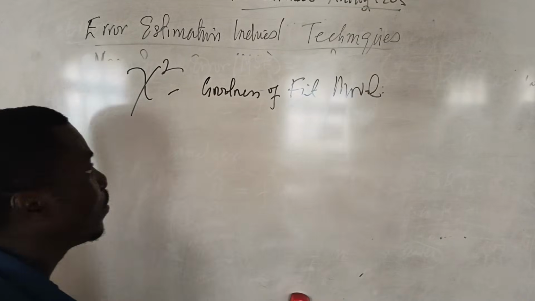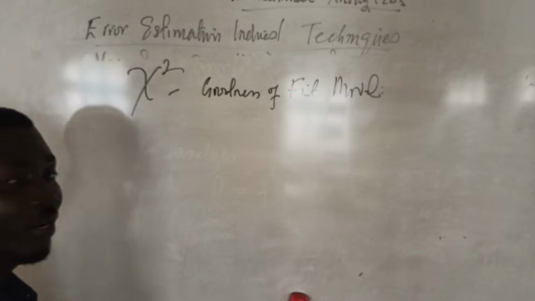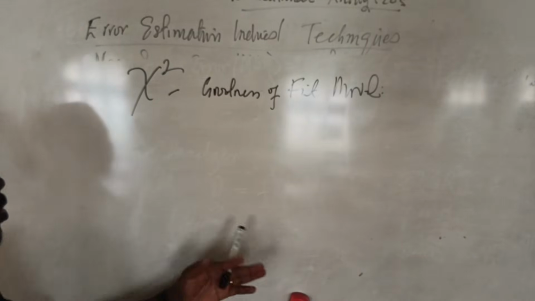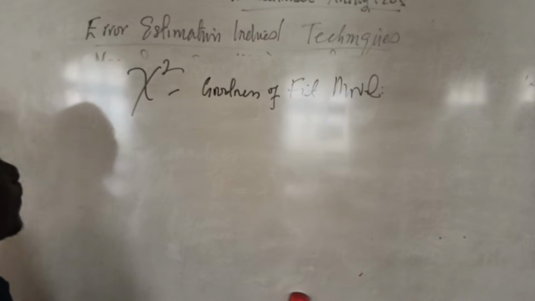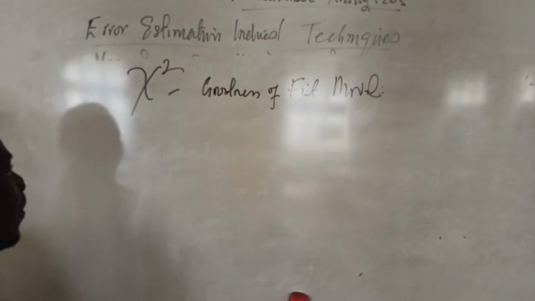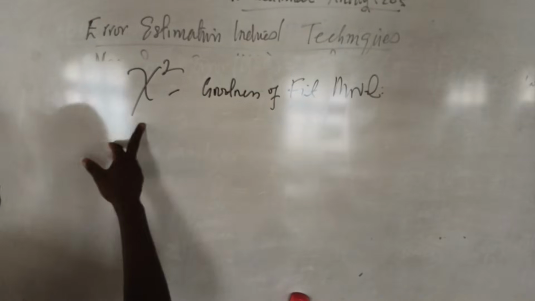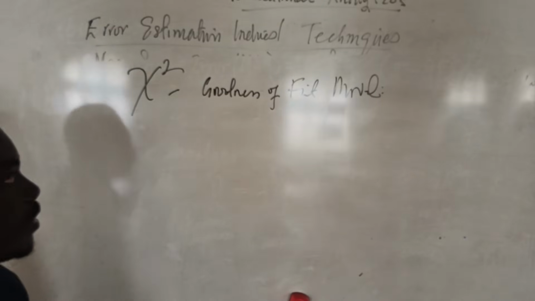Now, this one is also a test statistic as well. The chi-square is a test statistic, and it really works for categorical data. Yes, it works for categorical data, or head count. It works for head counts as a test statistic. But you can also use it as a way of estimating the measurement error